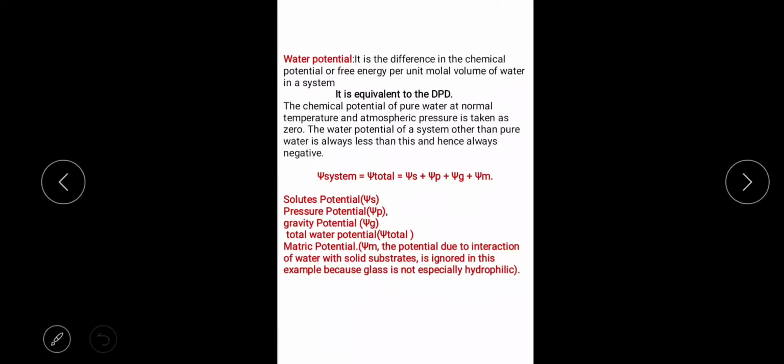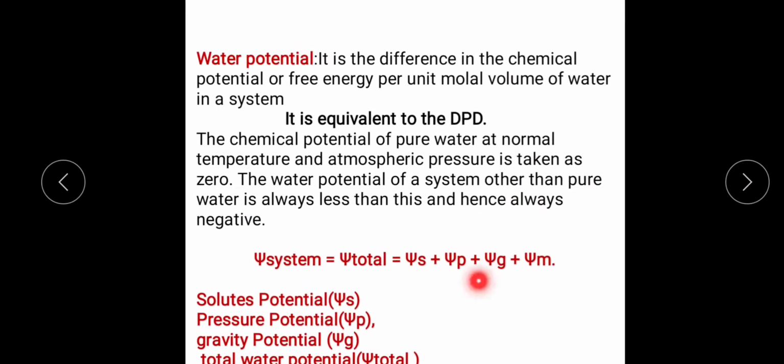Next is the term water potential. So what is water potential? Water potential we can also represent as psi w, and that is what we call water potential. Water potential is the term basically used by many plant physiologists for the chemical potential of water. So it is the difference in the chemical potential or free energy per unit mole of water in a system